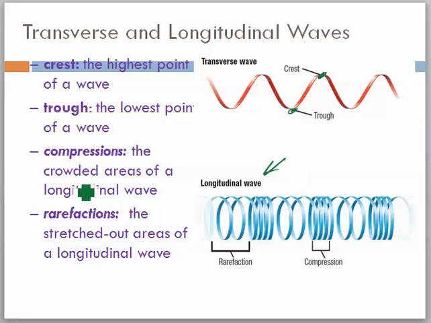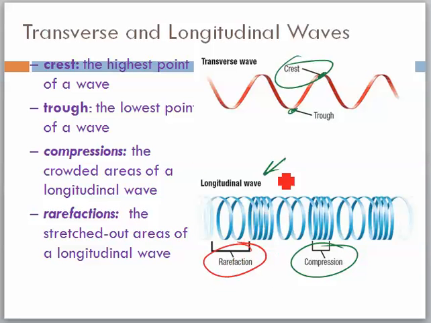And what we have here now are compressions. And what I want you to see is that compressions correspond to crests. The other thing that we want to correspond to each other are rarefactions. A rarefaction is right here, which is what we call a trough. So compressions correspond to crests, and rarefactions correspond to troughs. Compression is where we have all of these waves that have been squeezed together, and a rarefaction is where we have the stretching out or the spreading of the wave.